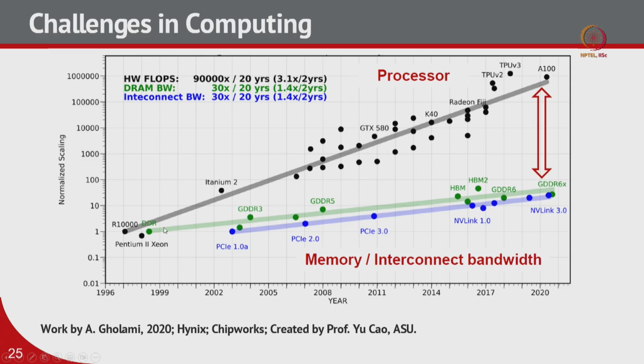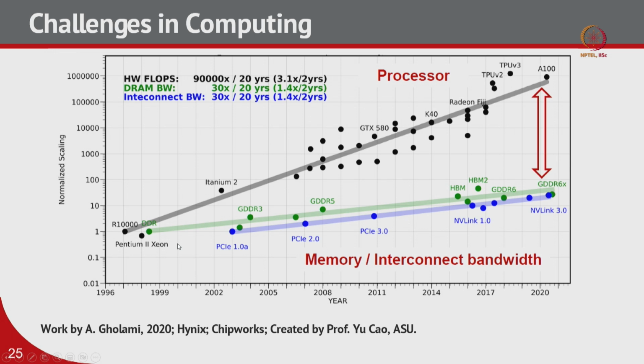Remember there is an interconnect between the DRAM and the processor. Not only that, there are interconnects on the chip also. I was saying that there are some links which take the data from the processor and send it to the DRAM. Those links are the interconnect, and they have specific bandwidth. At the same time, there are different protocols also, like PCIe and NVLink, which are nothing but the interconnect between different processors or the processor and the DRAM, right. You can see that the interconnect bandwidth also has not been improved as much as the processor.